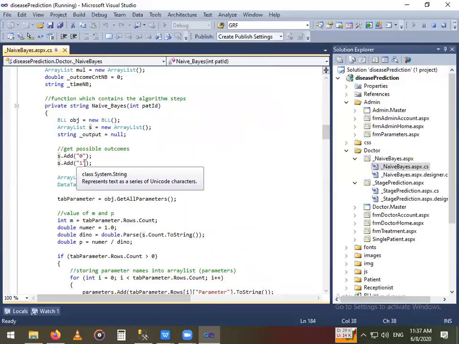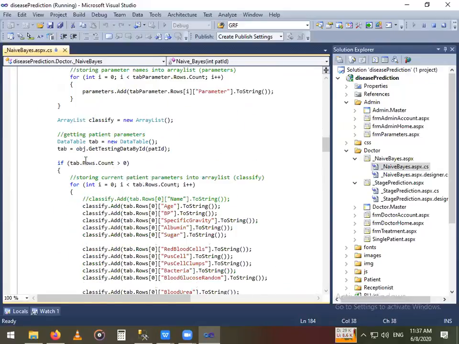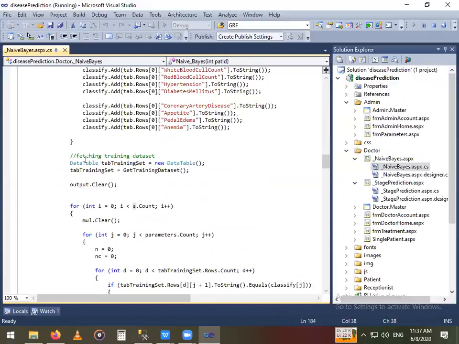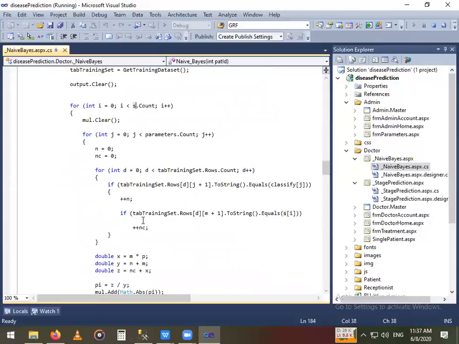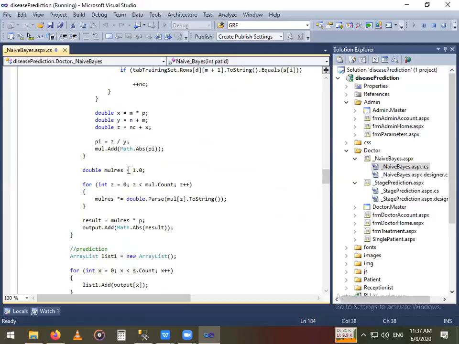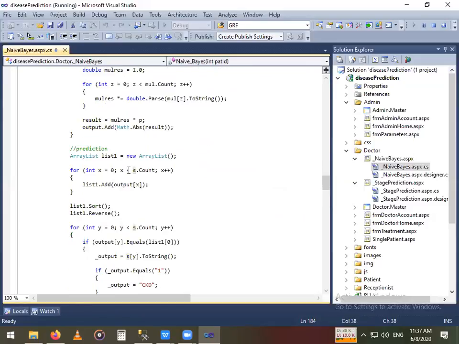Enough, I got it now. Okay, so now scroll down. I want to see something there. Yes, sir. Yeah, okay, this is your N and NC. Okay, fine. So this for loop is the main. I got it. Scroll down. Okay, sir. Then you converted it to string, okay, and then you calculated it, then fine. Go down and then find the absolute value of that, to avoid a negative number. Okay, this is done, and this is the prediction.